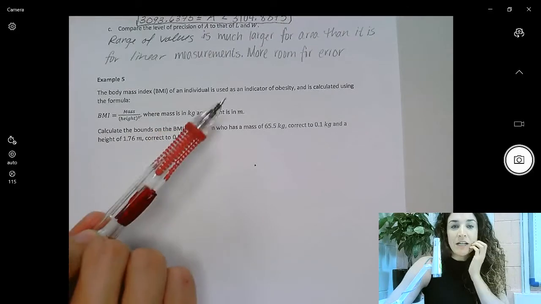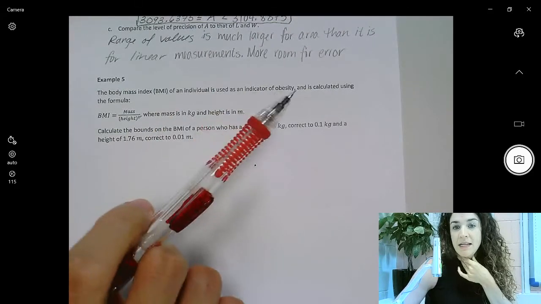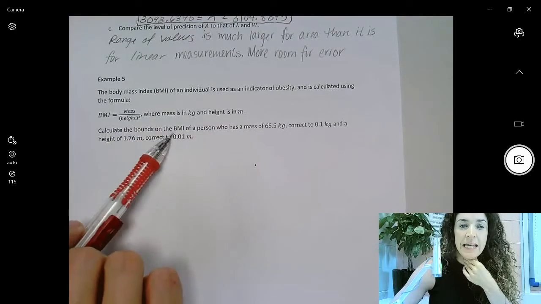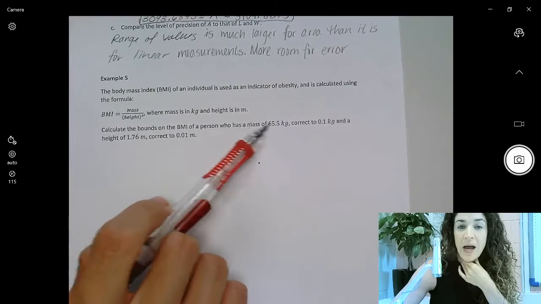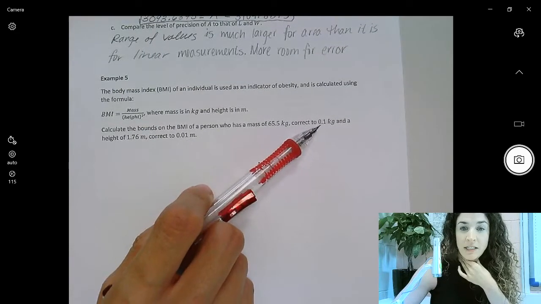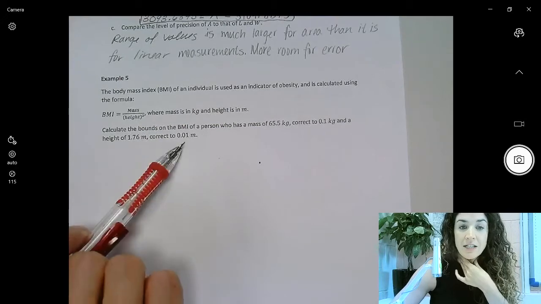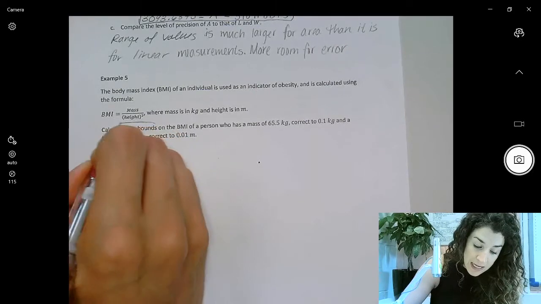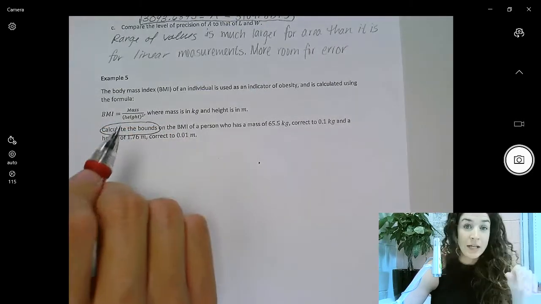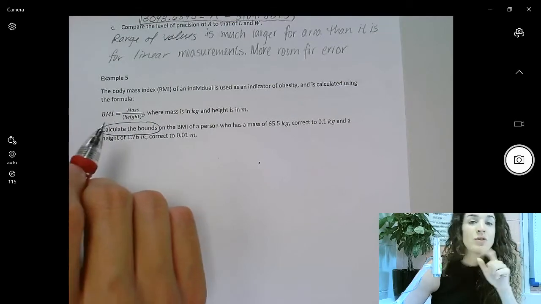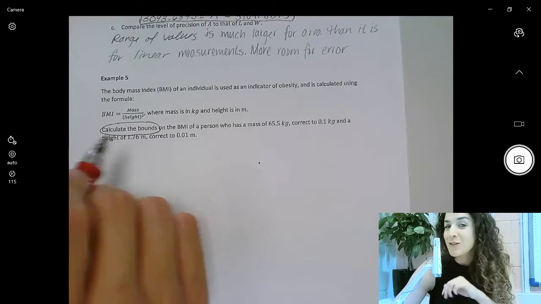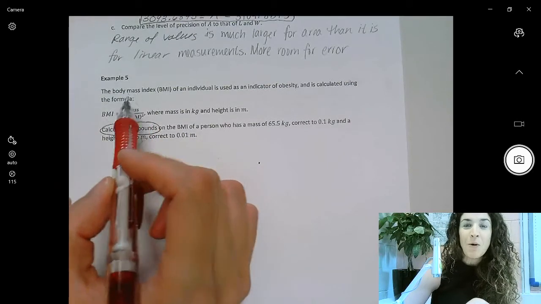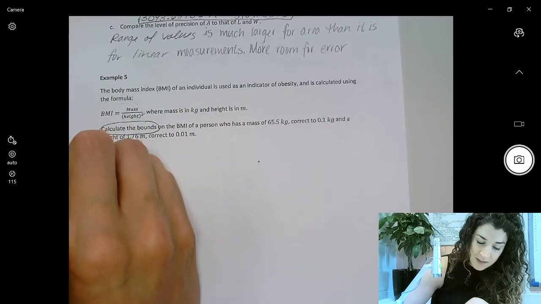So the body mass index of an individual is used as an indicator of obesity and calculated using this formula, where the mass is in kilograms and the height is in meters. It says calculate the bounds of the BMI of a person who has a mass of this, correct to 0.1 kilogram, and a height of this, correct to 0.01 meters. Now notice that this says to calculate the bounds. It does not say calculate the BMI. It says calculate the bounds on the BMI, which means we aren't actually even using these numbers to go into this formula. What we first need to do